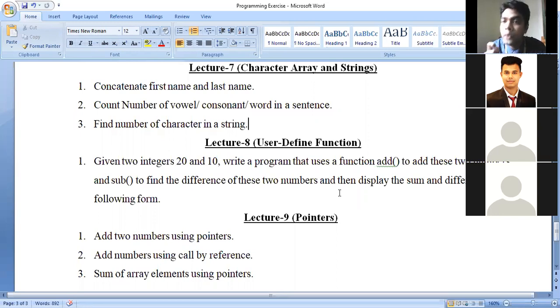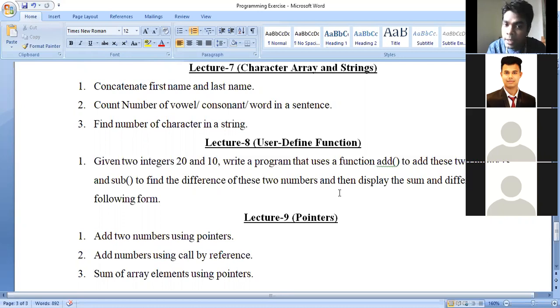If you write the function before the main function, that means above it, you need not declare that function, you only need to define it. But if you write the user-defined function after the main function, at that time you have to declare that function and you have to define that function.